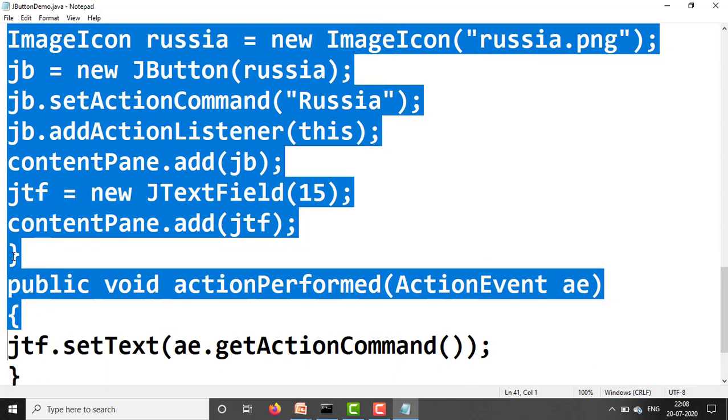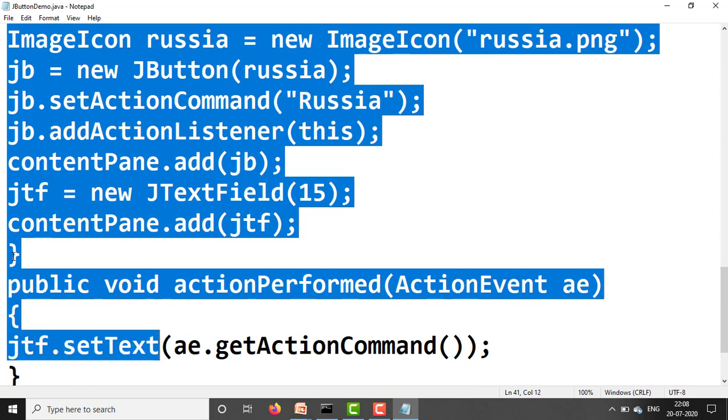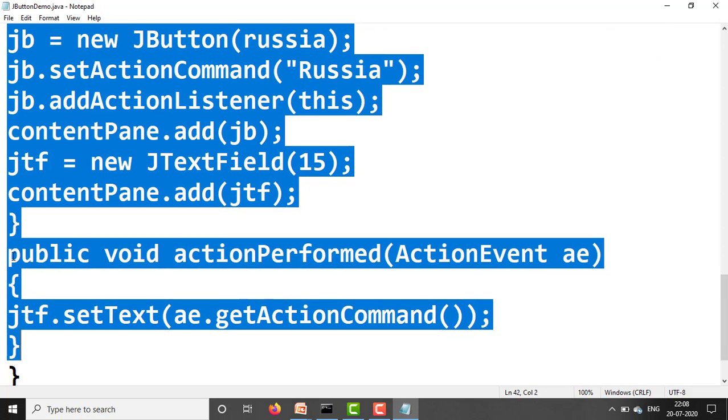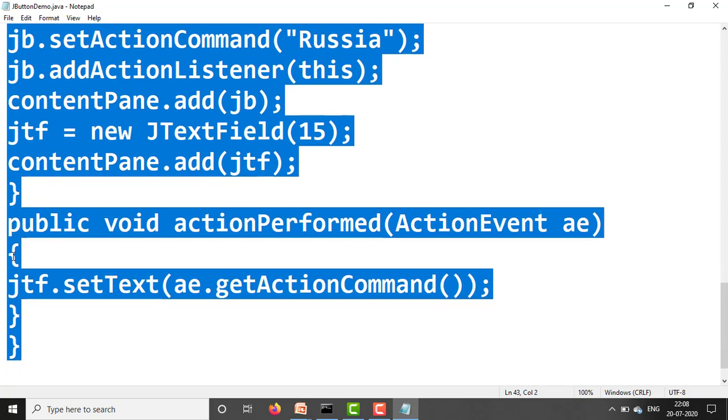Open this method: JTF.setText(AE.getActionCommand()); close the brackets, close the method actionPerformed, close the class. For the text field we are setting the text which comes from the AE.getActionCommand method. On whichever button we click, that button's action command is picked and set to the JTF like this.